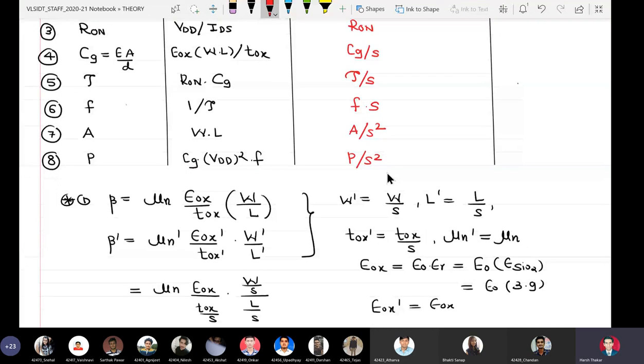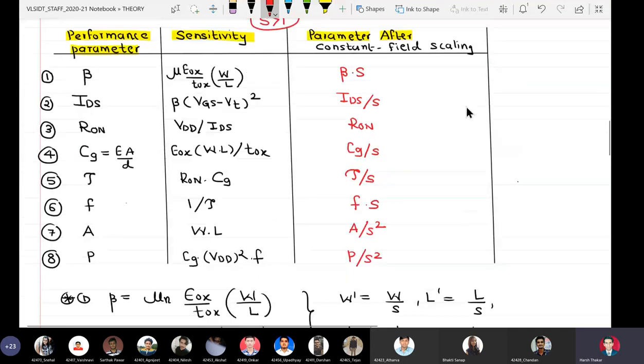Now we are in a position to analyze if constant field scaling or Dennard scaling is going to help us. So let us assume that if the scaling factor is equal to root 2, the new values will be root 2 into beta